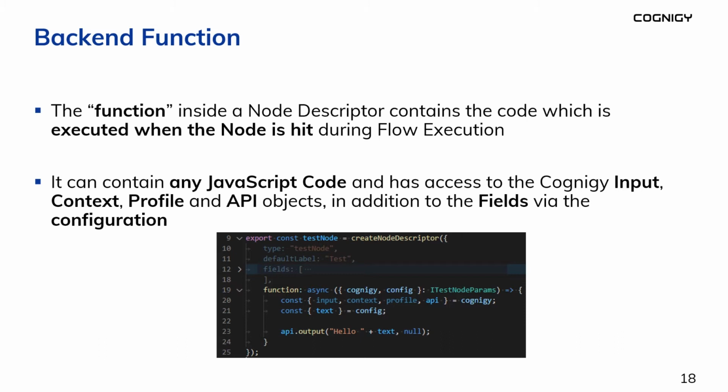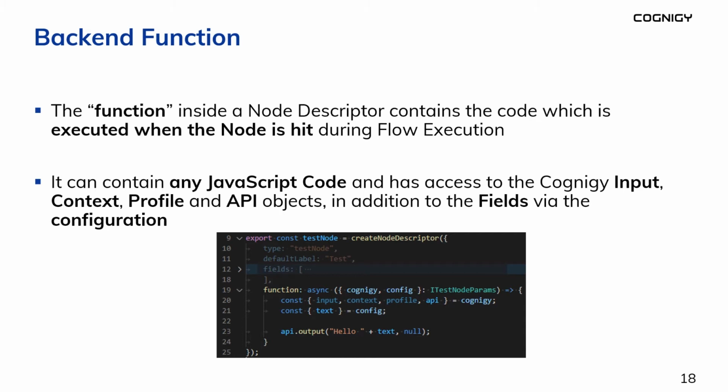It has access to the conversation context when the node was hit, to the contact profile, and of course to the full API object, meaning that you can interact with the Cognigy system through the API, as in outputting things, manipulating context, changing the order in which nodes are executed, etc. So you have the full power of the internal Cognigy API at your hands in that backend code. When we jump into the code editor later, you will see how to get more information about the various methods that are available.